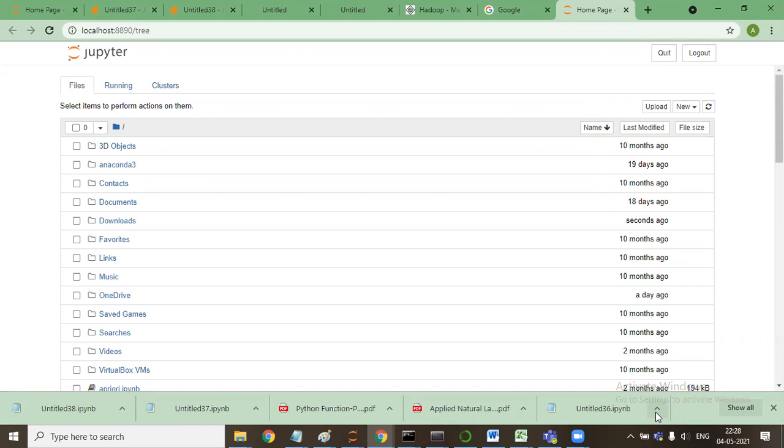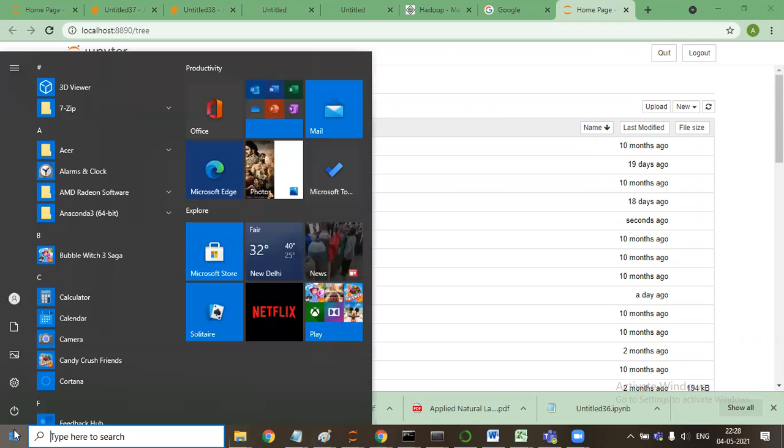Sir, the same problem happens to me too. So I have to go to the Anaconda Navigator to open the Jupyter Notebook. It only exits till the black window, so that is why I go to the Anaconda Navigator and launch Jupyter Notebook from there.